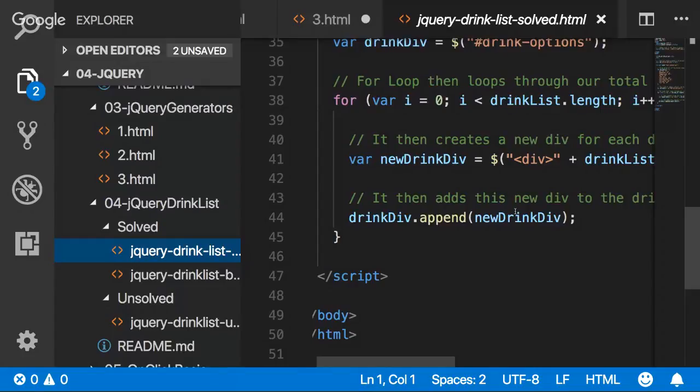Yes, but that comes out of drink. So let's say our drink equals one space drink list, square bracket i. I know that represents the drink that is on her iteration. So now we have a variable called drink. So semicolon. So now what do you want to